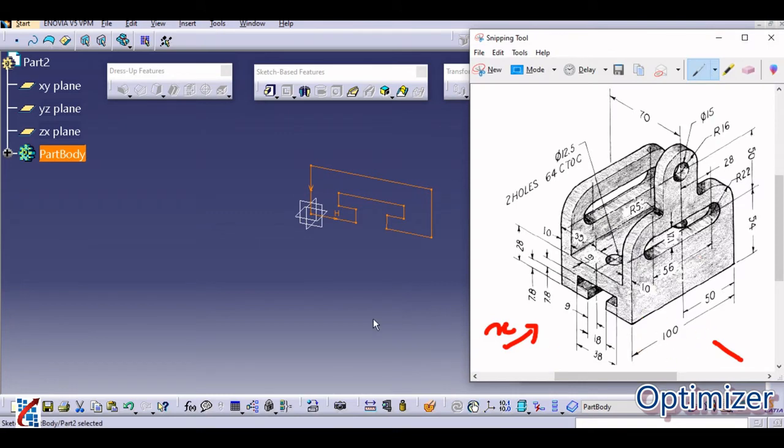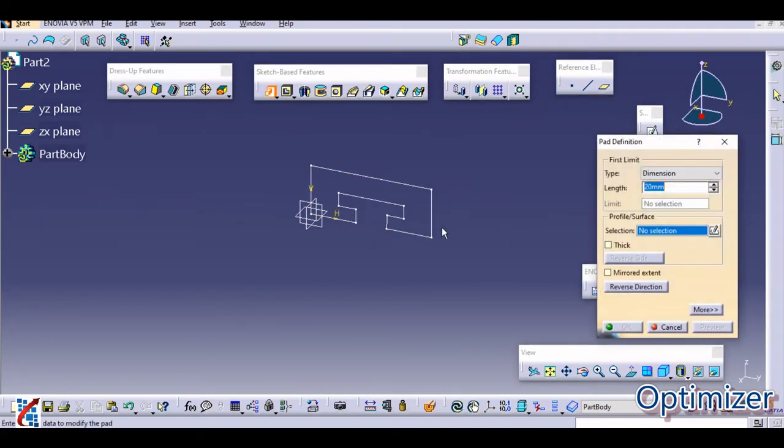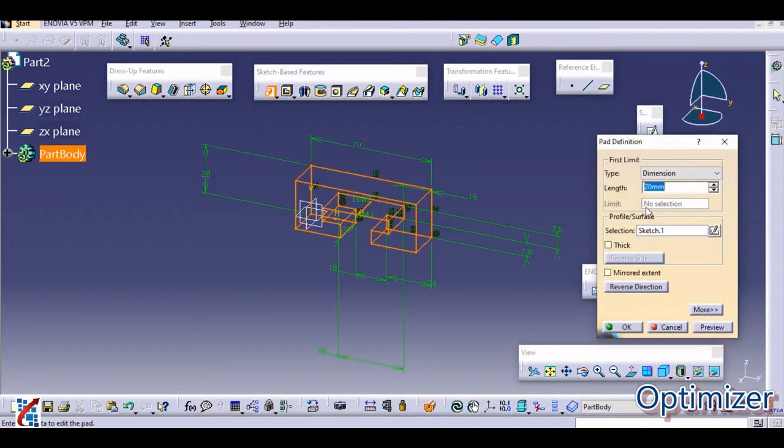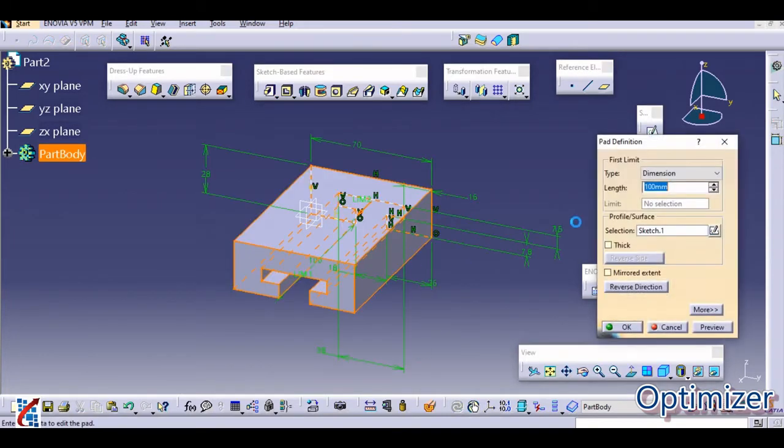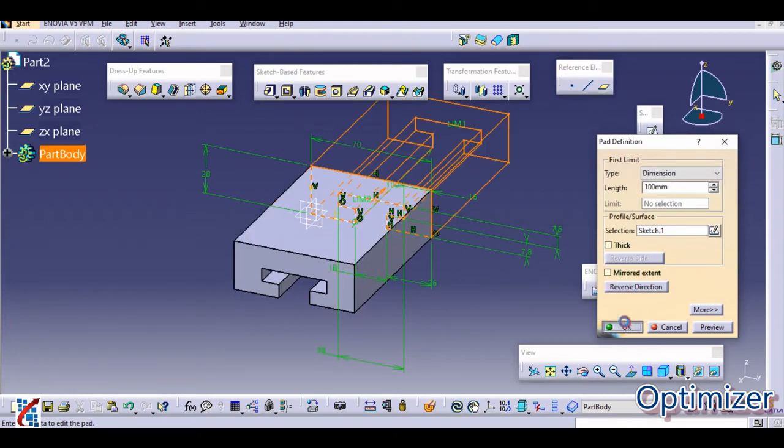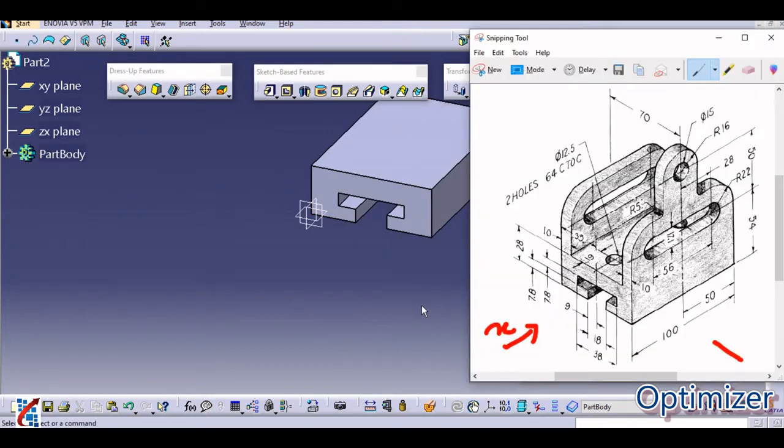How much width is there? A total of 100 mm pad is required. So just click on pad, click here and enter 100. Okay, if you want this in the reverse direction, just click on reverse direction and click on OK. So we have padded this one. Now next we are going to draw this profile. If you just focus on this middle slot, this is an elongated hole, and there is one more elongated hole. So let us start how to draw that one.